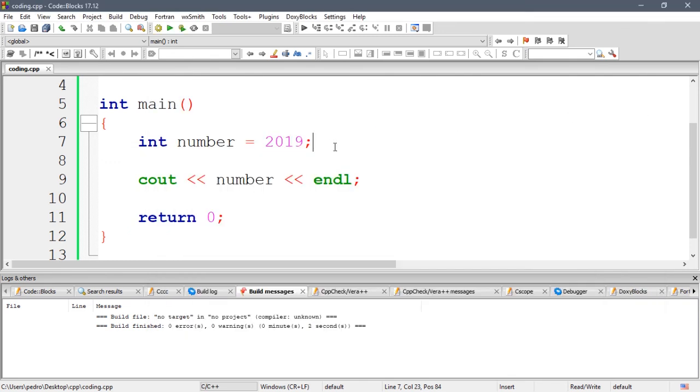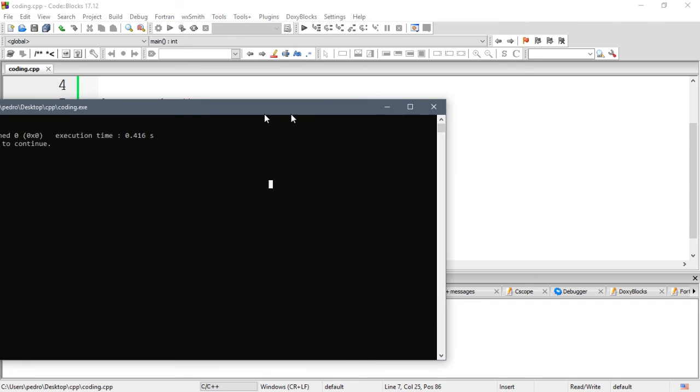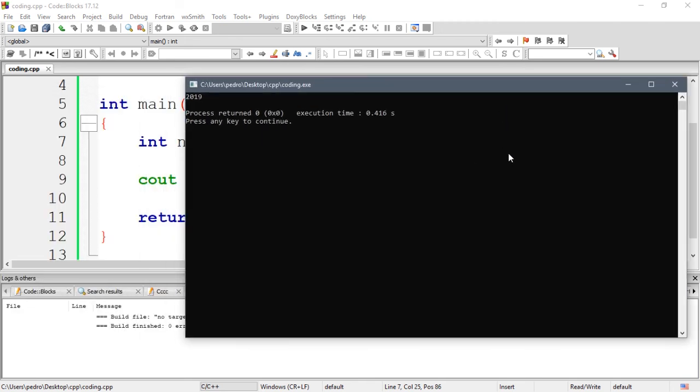Okay, so you guys cannot store things like 0.6 here. This is a float number, we'll talk about that later. Actually, you guys can see we did compile, but we only show